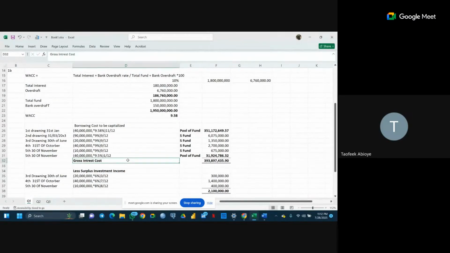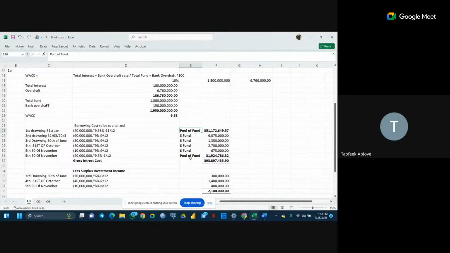There's nothing special here. Don't look at the figure. It's just a normal thing. A single company borrows from two types of sources. They borrow from specific sources and they also borrow from a pool of funds. Just like we did in our example, I've even included it here. All these ones you are seeing here are from specific funds. It's stated in the question. Every withdrawal that the company did, they will tell us whether this withdrawal is from a specific fund or from the pool of funds. So the first withdrawal is from the pool of funds. We make use of this 9.58.